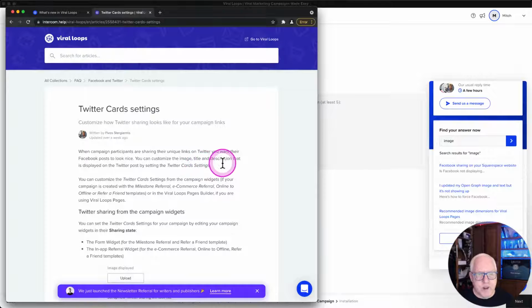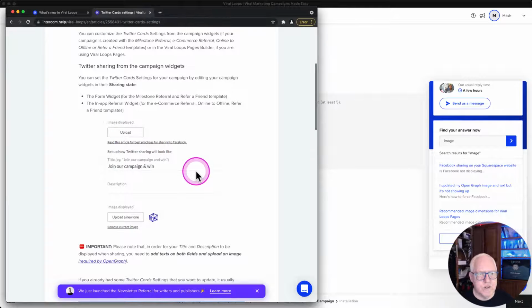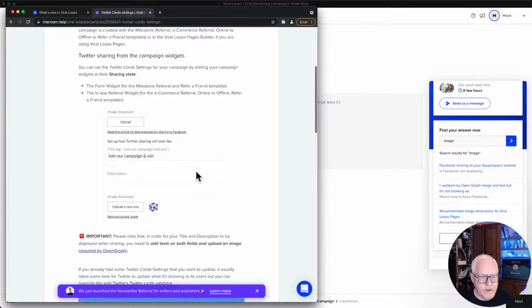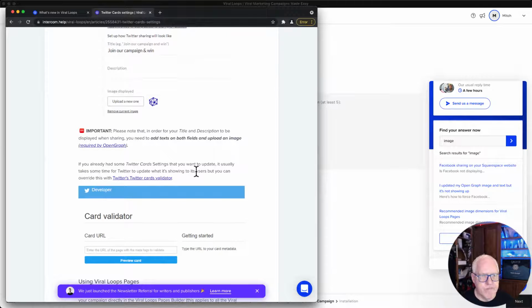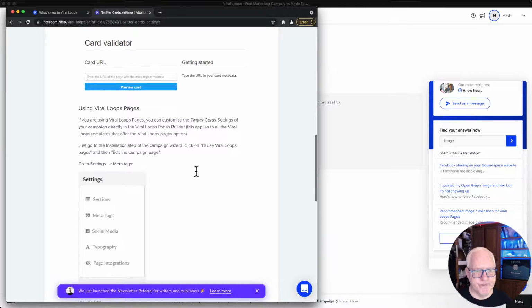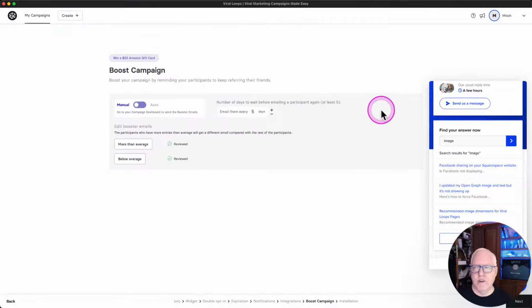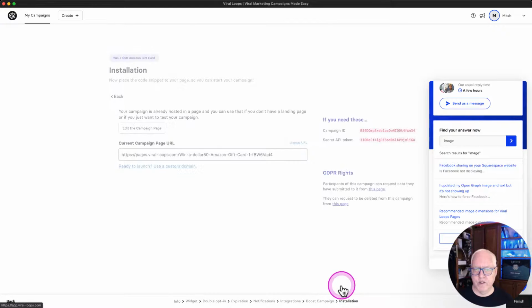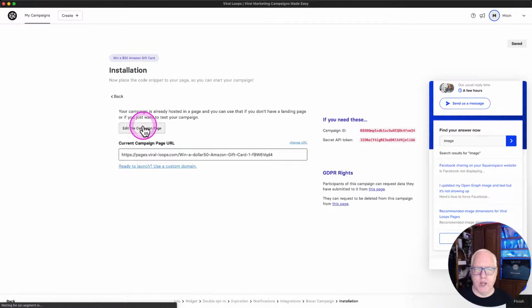You can customize the image title and the description displayed in Twitter card settings. Go to settings. Using Viral Loops pages, you customize a Twitter card setting directly in the Viral Loops page builder. Alright, so I'm in the wrong spot. So I want to go to installation, campaign page,